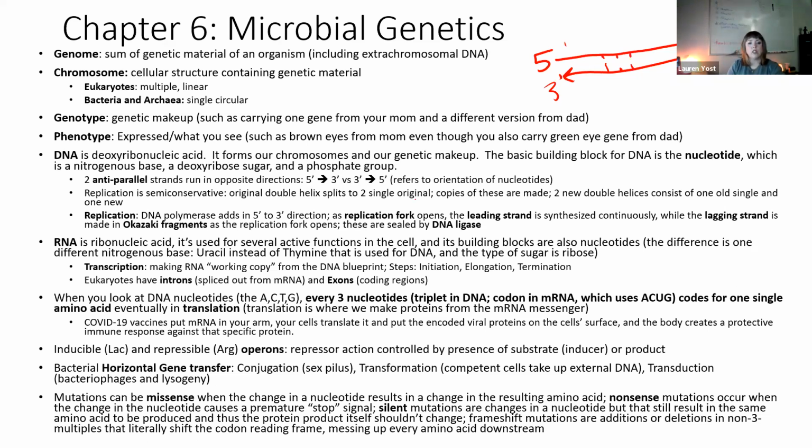Frame shift mutations, we have the actual reading frame. We read these three, these three, these three. And that's the amino acids that you'll get by reading those specific three. If you take out one of those nucleotides and shift everything over, suddenly that same three in that frame doesn't read for the same amino acids. And that's a frame shift mutation. So these can be very severe and very, very detrimental to the organisms. So that's the basics of